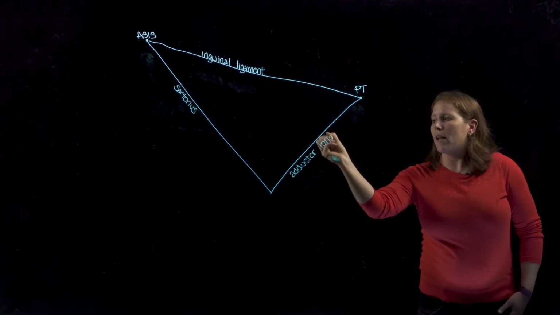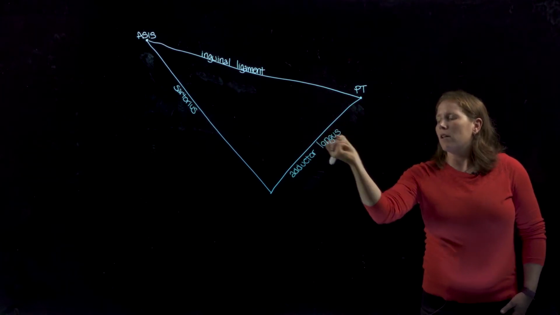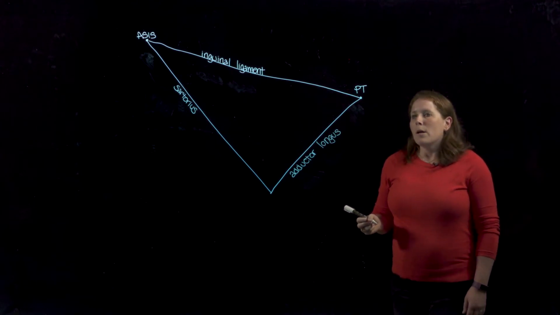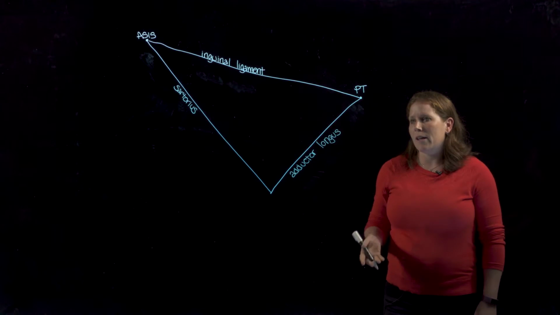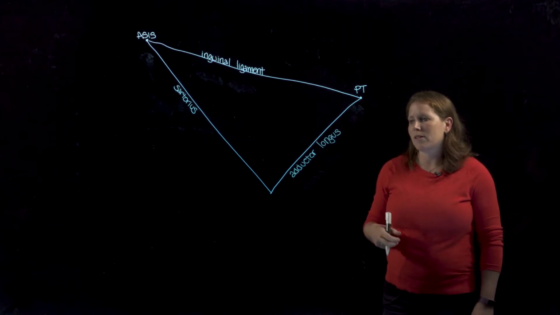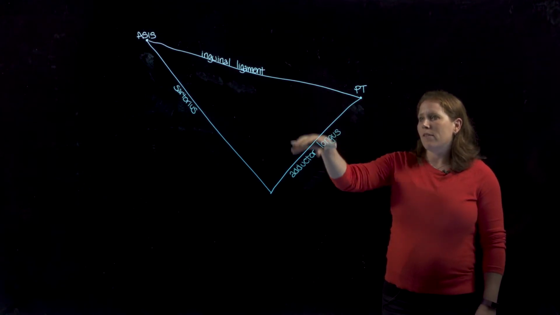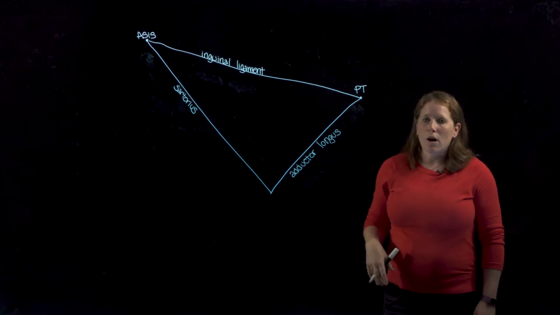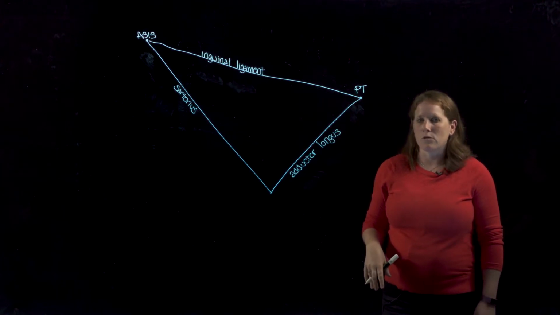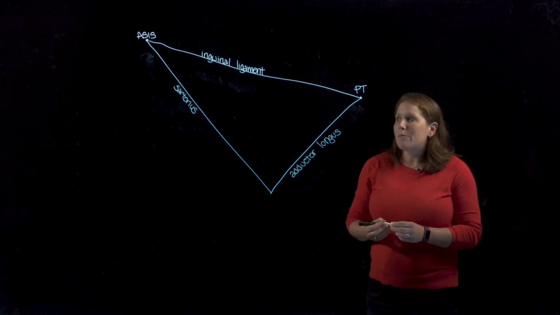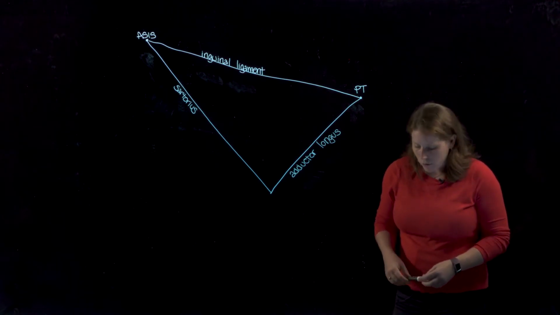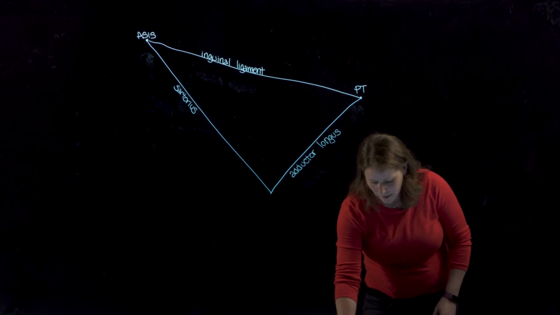And I want you to remember that adductor longus is the border of the femoral triangle, because when you're in the lab, sometimes it's hard to distinguish the three adductors, longus, brevis, and magnus. But if you can identify this triangle, it's fairly obvious which of those muscles will be adductor longus, and that's a great place to start. So those are going to be the borders of our femoral triangle, and next we're going to add in the